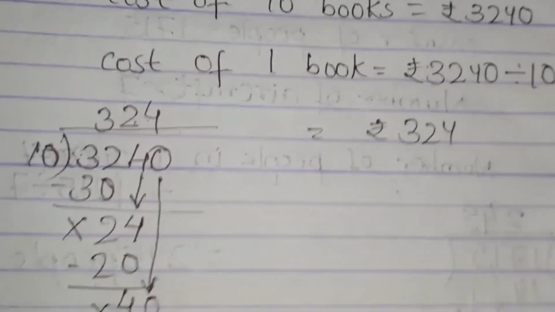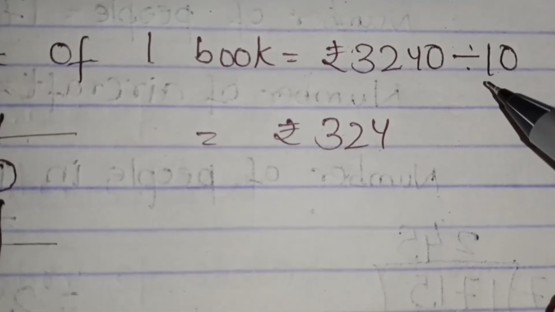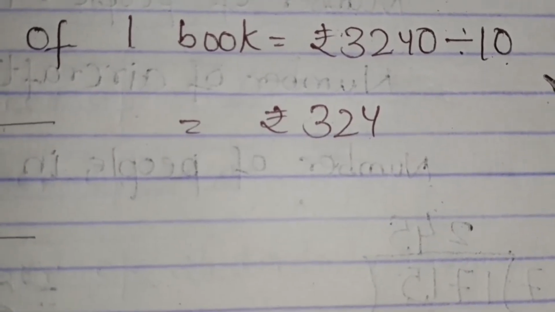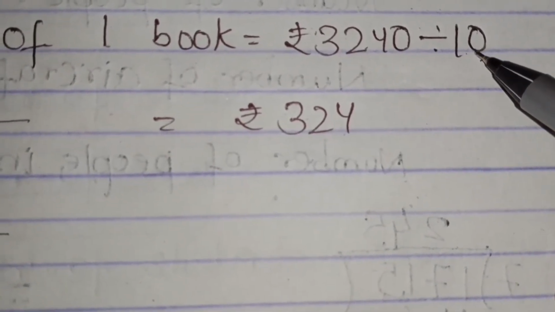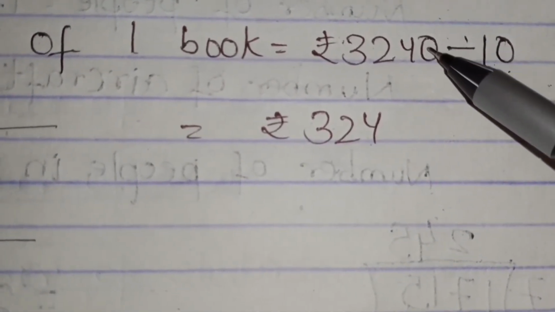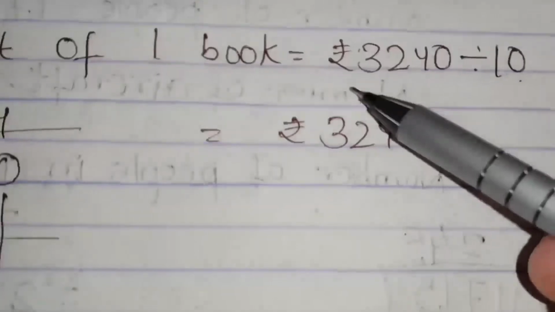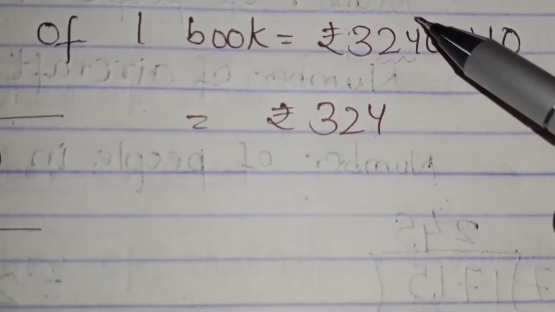Now, what I was talking about, the short one. You already know what I have said when a number is divided by 10, 100, 1000, 10,000 and so on. What you have to do at that time, see here, in 10 how many zeros are there? Only one. So from the back we will cut one 0. The one we cut will be your remainder, and whatever is left will be your quotient. So the quotient is your answer.